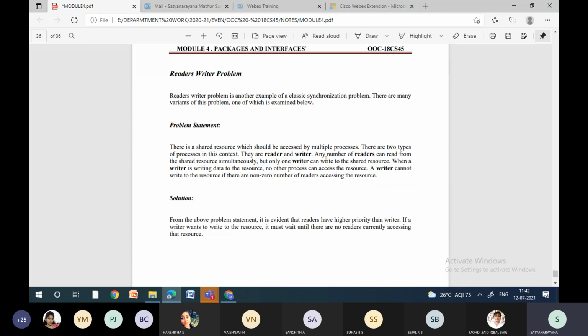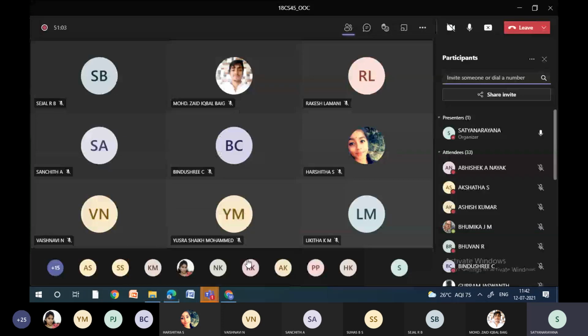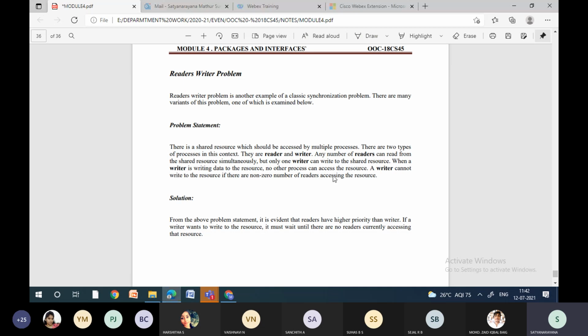So in this kind of scenario, what we can do: when a particular writer wants to write, the readers have to wait until the writer writes it. At the same time, other writers also have to wait until the writer completes the task. So the method has to be made a synchronized method. That means only one writer can write at a time, multiple readers can see. And when the writer is writing, readers can only read it but cannot write it, right? So this is another example of a synchronization problem, right?